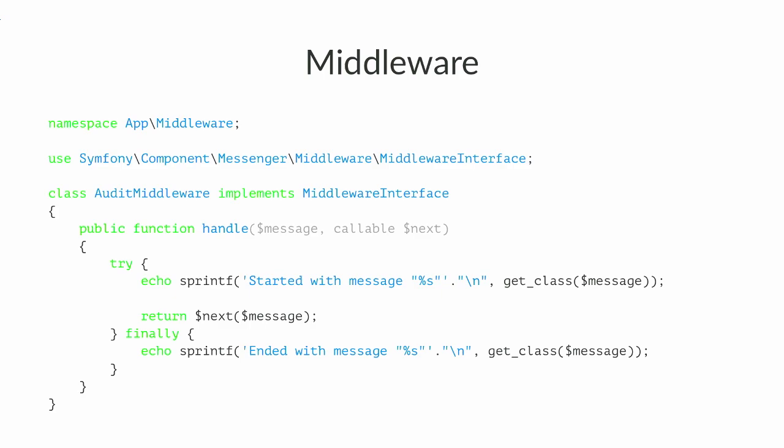An example might be that you want to create your own audit middleware. The common use case is saying, every time I dispatch a command, at the beginning, when the command is handled or my handler is fired, and after, I want to display some logs and say, hey, I've started to handle this message, or I finished handling this message. You can create your own middleware to do this exact thing.